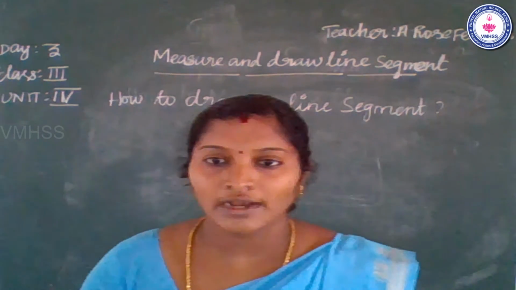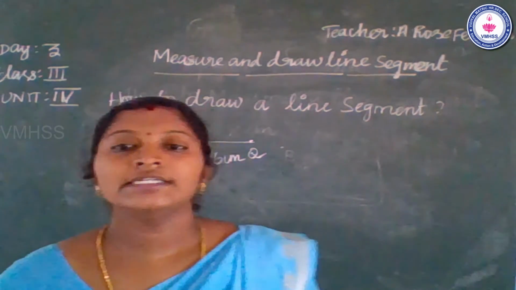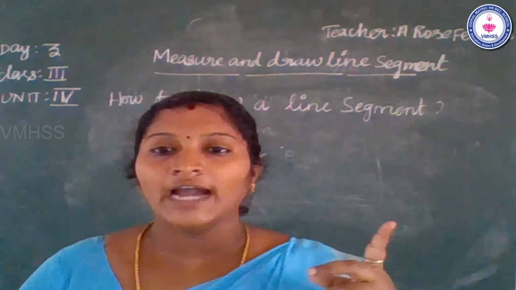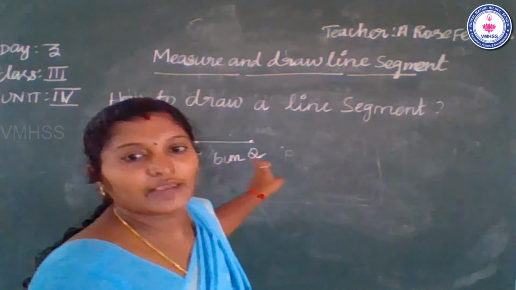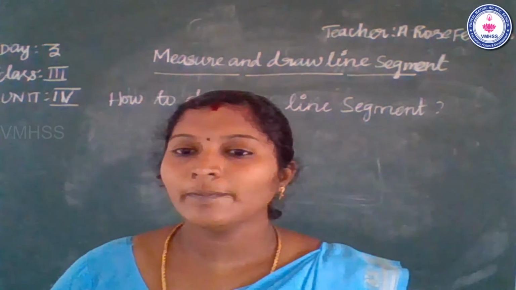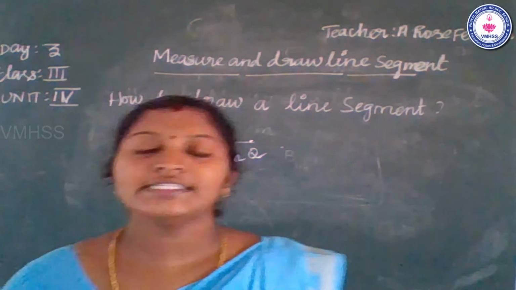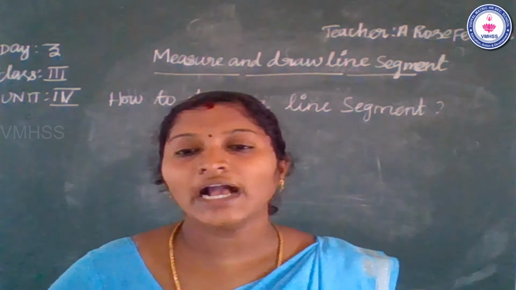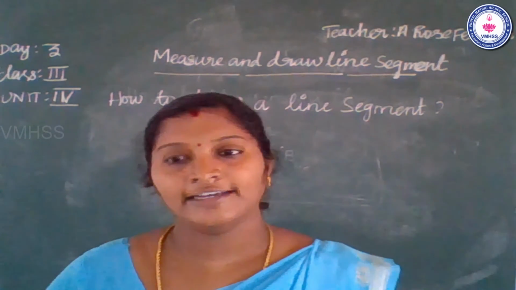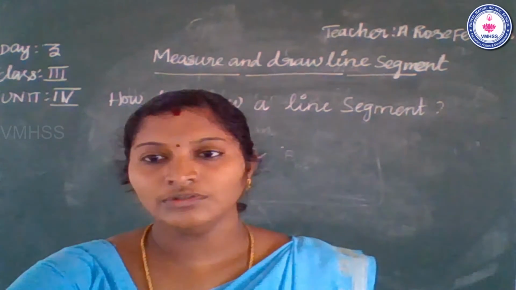Okay, so next one, how to draw a line segment. Okay, ma? So what is the first rule? Place a ruler, mark point P at 0 centimeter. Next, count 6 centimeter on a ruler, mark point Q at 6 centimeter. Okay, ma? So what is the next rule? Join points P and Q with a line and write 6 centimeter below it. Do you understand the topics, ma? Yes. Okay. Next we move.